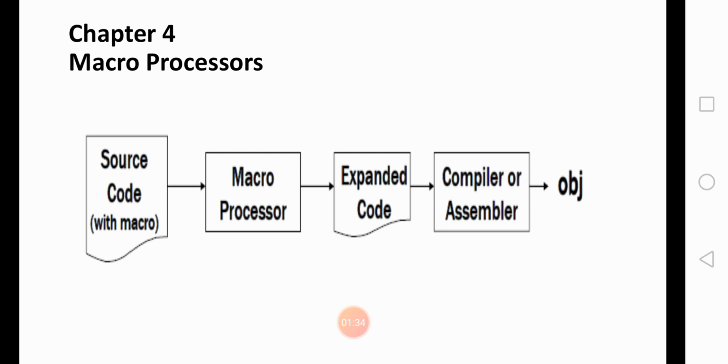The compiler acts as a mediator between HLL and MLL. The assembler acts as a mediator between assembly level language and machine level language. The compiler is used to convert HLL to MLL, and the assembler converts assembly to MLL. Once we do all these things, the object code will be built.